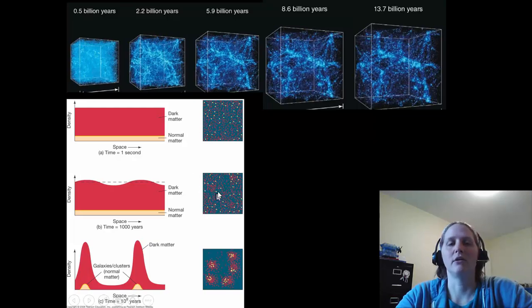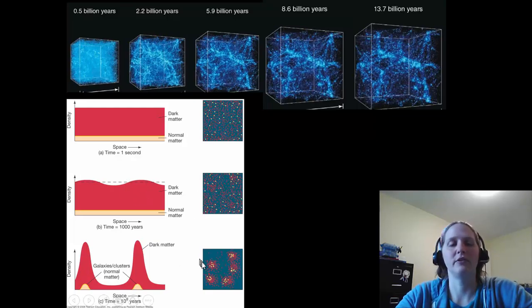1,000 years later, in our universe, it seems like the dark matter has started to clump up a little bit, but the normal matter has not. And that's because normal matter can bump into each other and exert gas pressure, and gas pressure can fight gravity. Dark matter can't do that. So dark matter can start to clump up earlier. And so these are going to start the seeds of the galaxies and of the galaxy clusters.